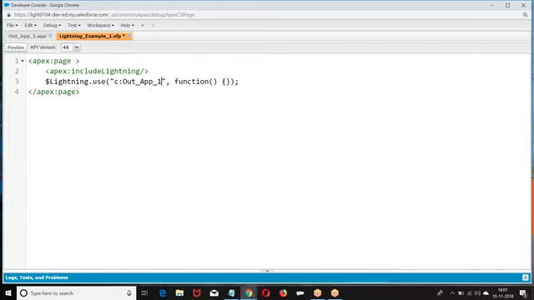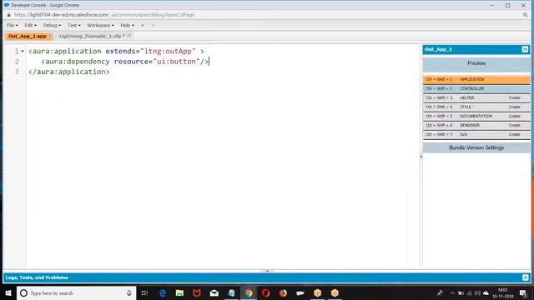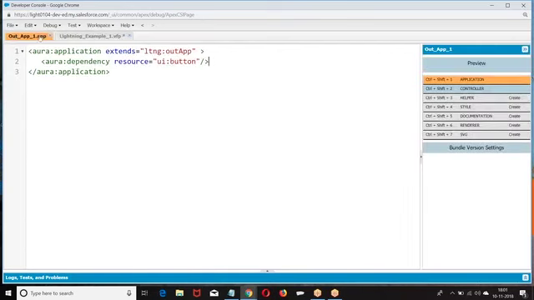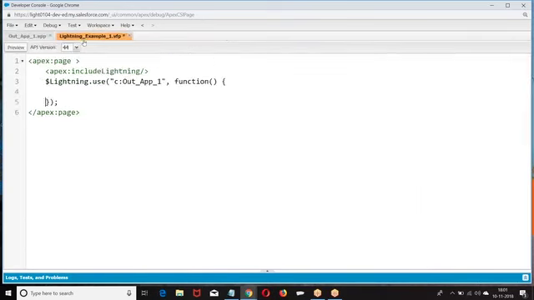While you are creating a function, we need to understand the point here. Whatever dependency resource is in this Lightning application, I have to create that dependency resource here.